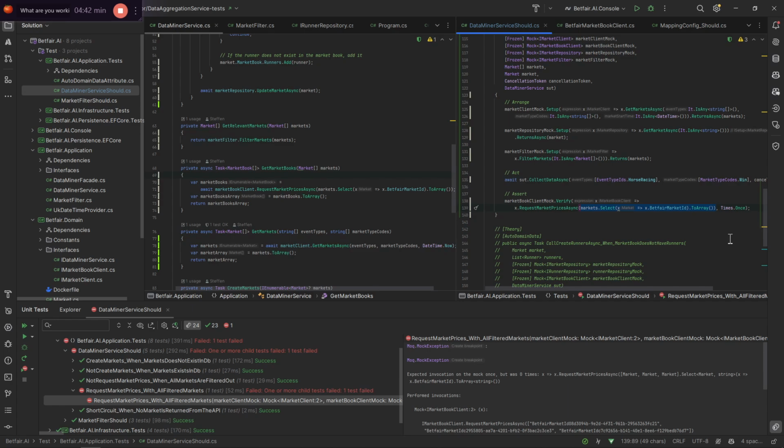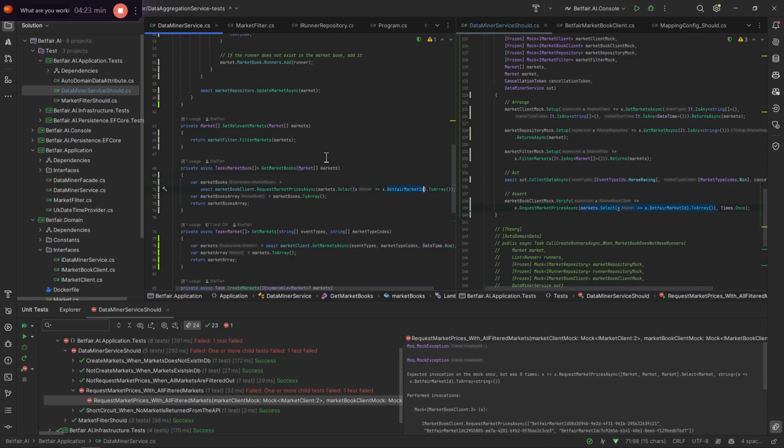Because it's an object, it's not the same. That's interesting. So essentially what's important here is that we want to verify that all the Betfair market IDs that